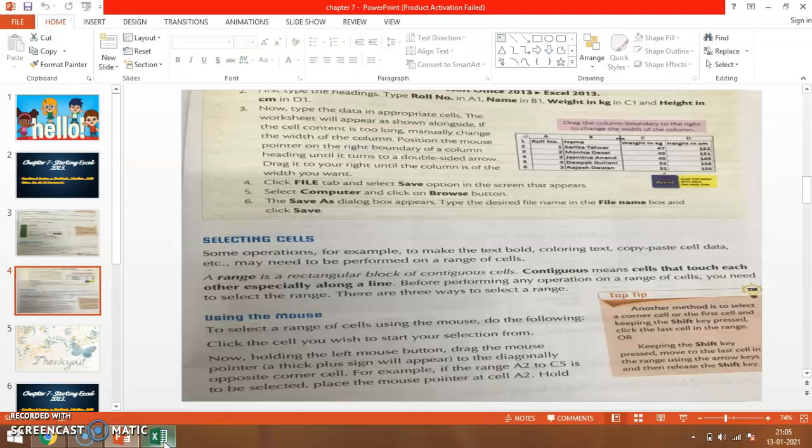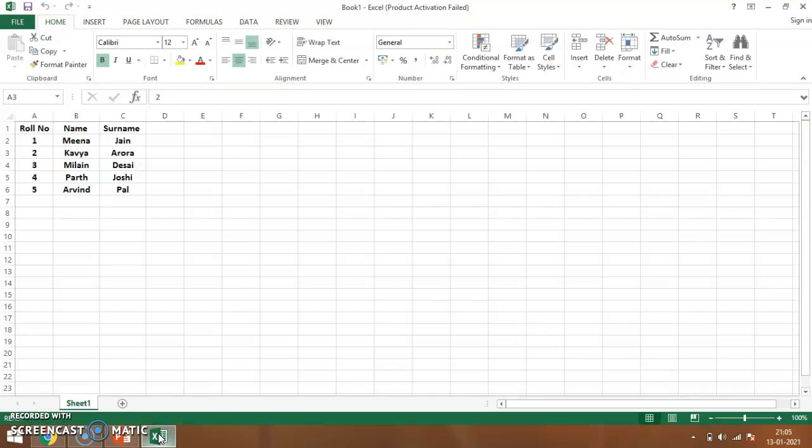Now we'll see what is selecting a cell. Using a mouse we can select a cell, right? So now selecting a cell. If I want to select a particular cell, I can just take my mouse cursor over here and select whichever cell I want. Okay,